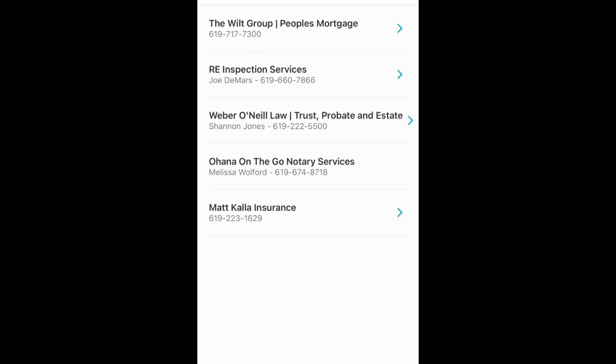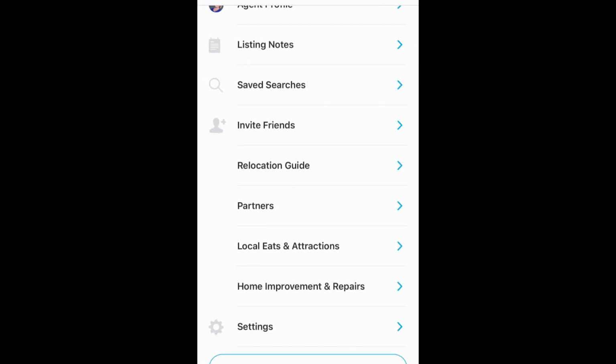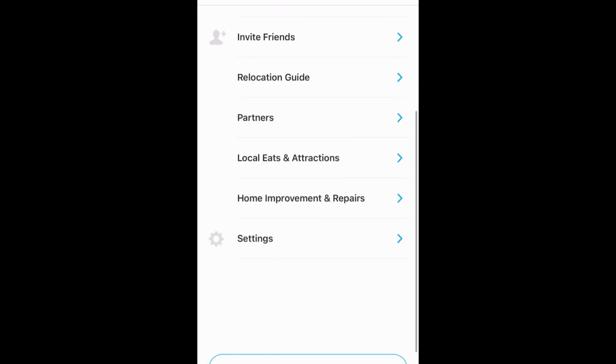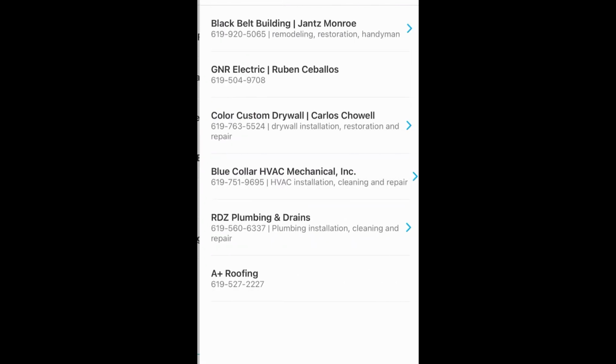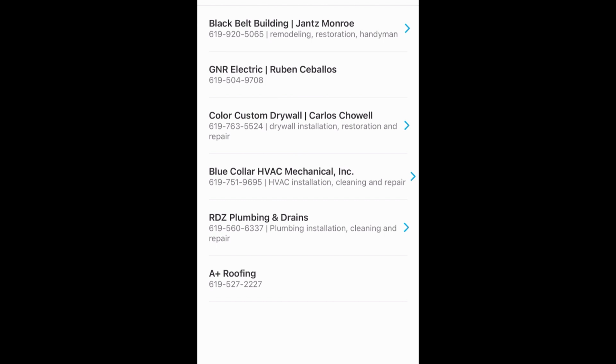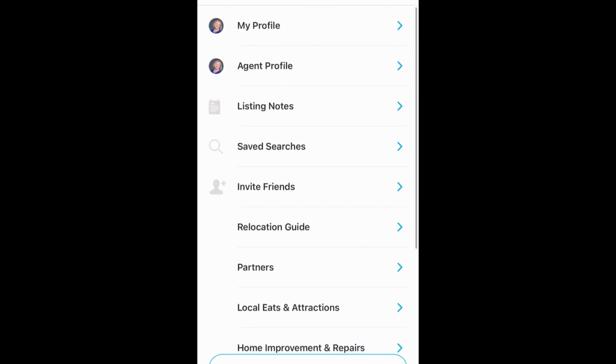And then I also have one more beyond local eats and attractions. That's something that if you're not familiar with the area, it's fun to go to see what's in there. This is something I get asked for a lot, is my people I use for construction. So you'll see I have my partners in here. I've got electric, I've got a handyman, remodeling, I've got drywall, I've got HVAC, plumbing, and roofing. So all of this within one spot, which I find really helpful for not only buyers who are buying, but